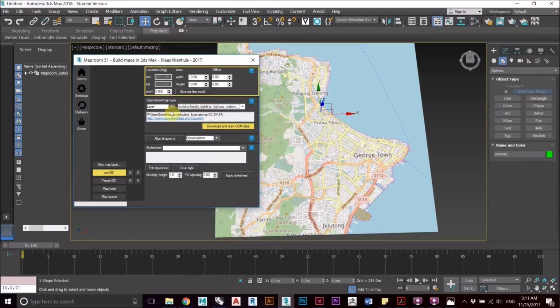Or you can actually go to full OSM, so download basically everything from OSM data and then use that as your data and draw an output from that. So let's just use the full OSM and see what we get. So let's just press download and draw OSM data. This is also going to take a while